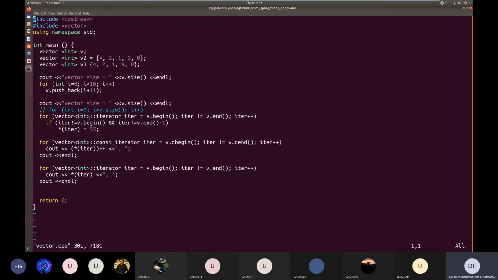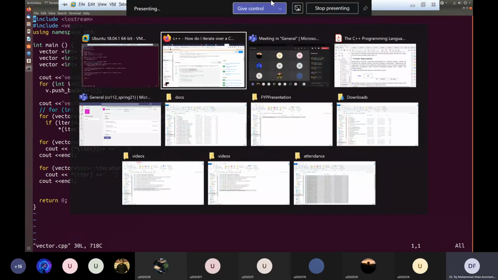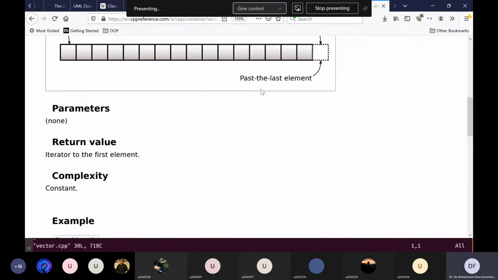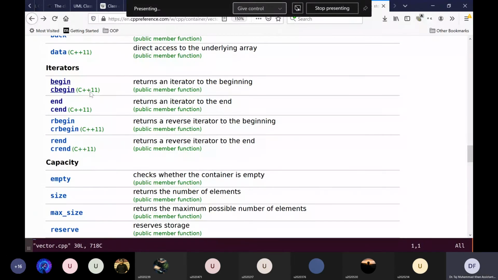So this is one thing, and then there's another thing that you can see here. We have begin and cbegin that we have seen, and here we have rbegin. rbegin returns a reverse iterator. A reverse iterator moves in the other direction.